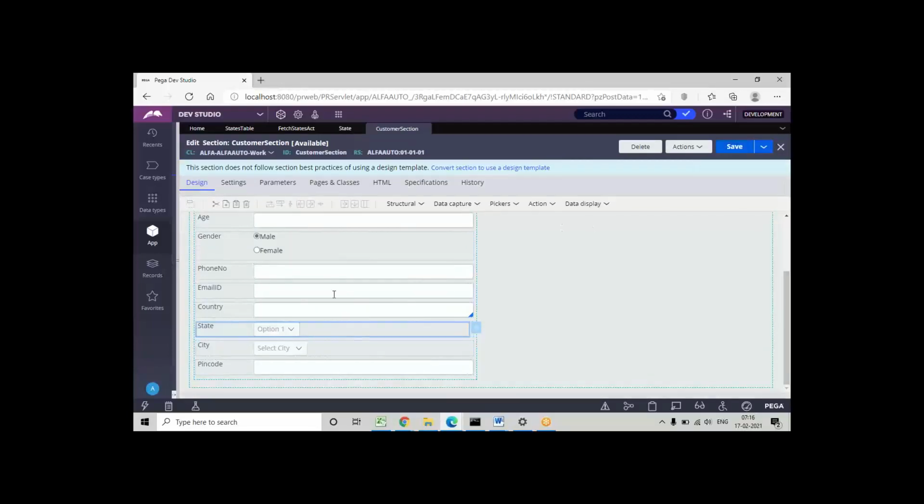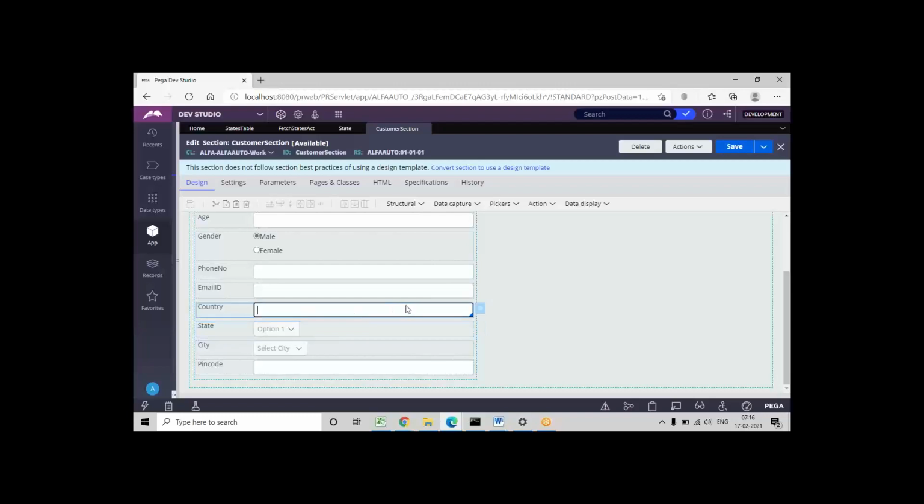So like that, you can try for the country. Create one storage for the country property, and then add two columns, like country code and country name, and assign them. This is autocomplete actually. So I have done this for the drop down, right? So do this for the autocomplete control.